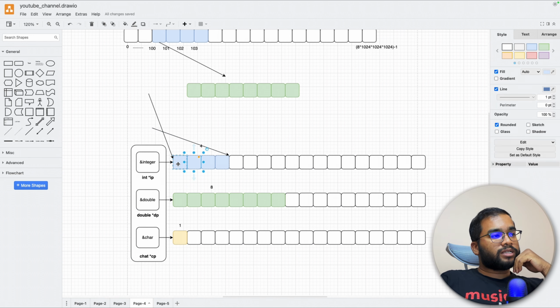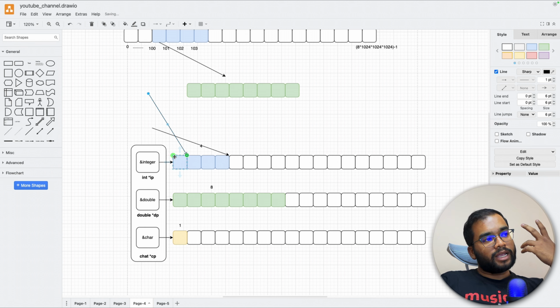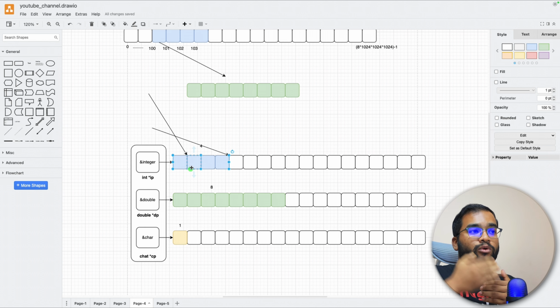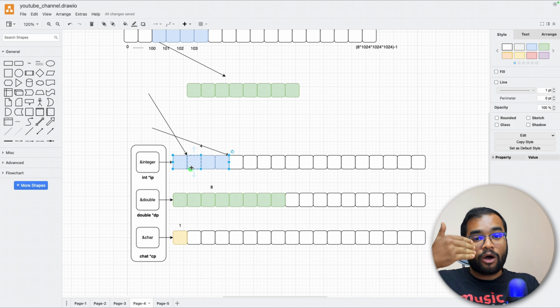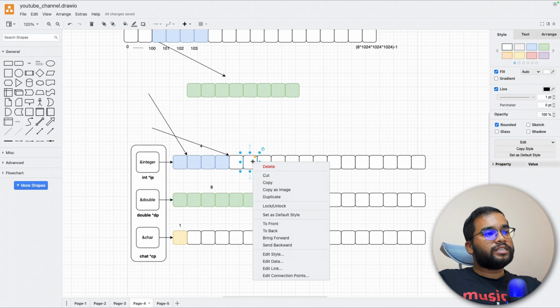Because see, for example, if any pointer is pointing here, and if I jump into this one, is it going to be a valid one? Because a number has actually, for example, your house is there. So in between your house, another person's house border cannot be, right? Where your house is going to end, from that section a new house will be built, correct. Accordingly, a new integer will take place from